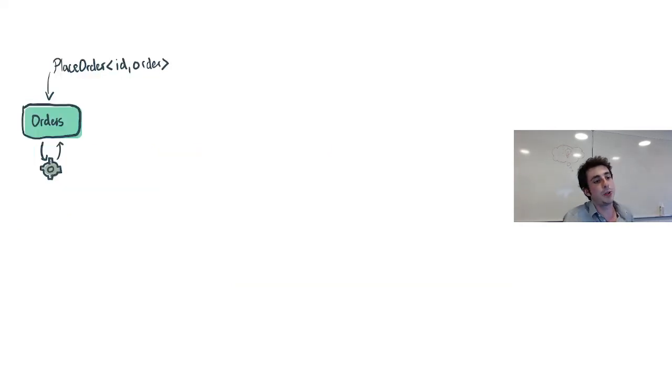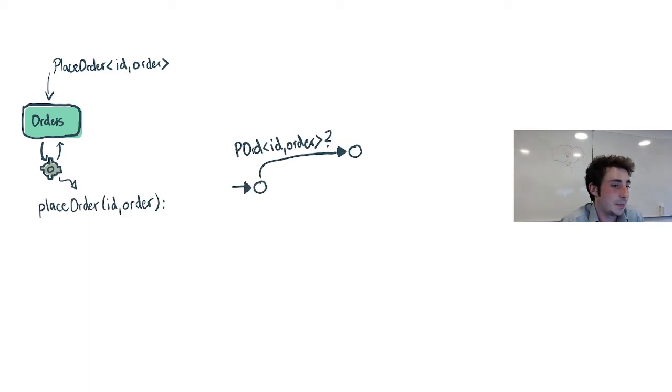And this will get much more clear if we now take an example. So let's look at the place order event that comes in here and then triggers the business function. And let's model that business function. So place order is starting, and in the automaton, we would model this by stating a receiving event. So we are receiving a place order event, and the receiving is modeled here by the question mark. And we also get an ID and we get an order.